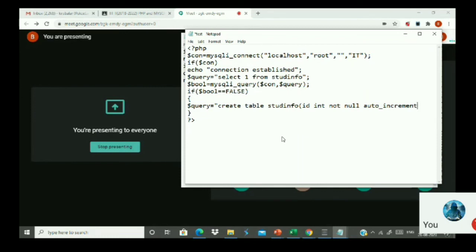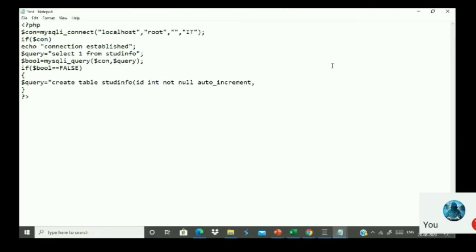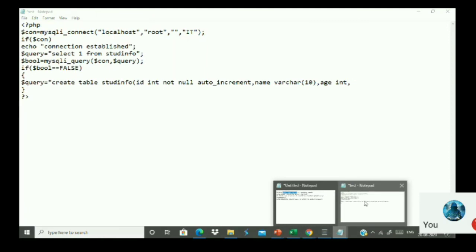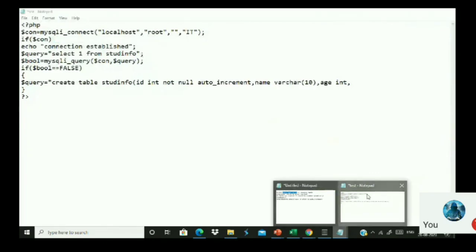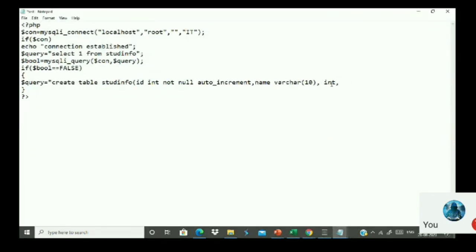Auto increment. Okay. Now the next one is called as name parameter. Just I will abbreviate it. Name parameter. So name should be varchar of 10. So size of it is 10. Now the next is age. Age is integer, and the fourth one is, I forgot the field names here. Okay. So second name is called as register number, and third one is marks here. So register number may be integer or varchar. So I will make it as varchar here. So varchar 10 and marks. Marks should be integer here.